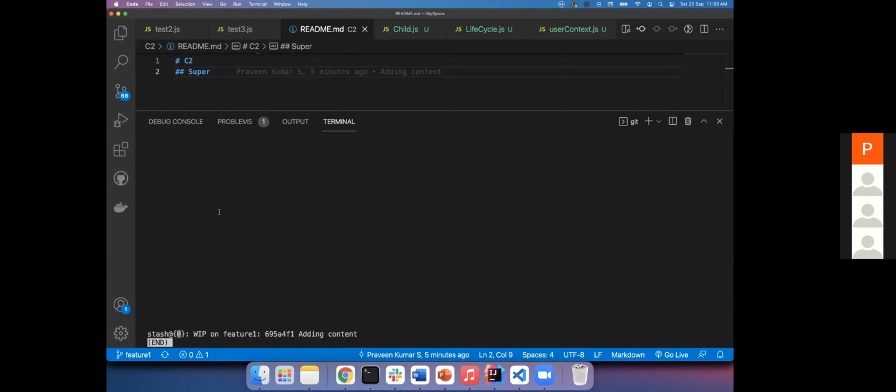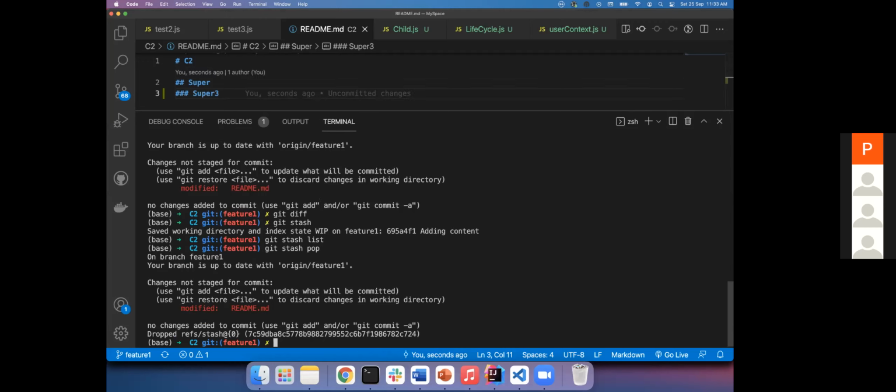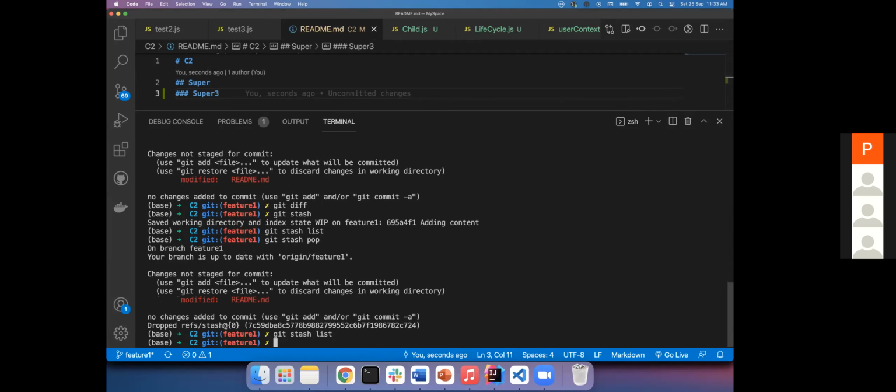So now how to bring it back, right? So anyhow, something I did. Okay, git stash pop. I brought it back. Now if you see git stash list, you won't see that. Nothing is there. If there are multiple, how will you pop it? It will always take the first one, is it? No, you can have a named one also. I think you can use the named stash also.